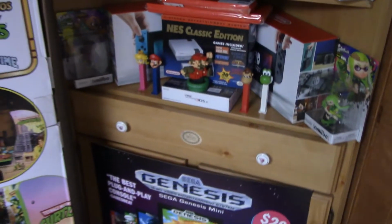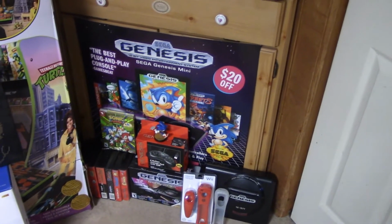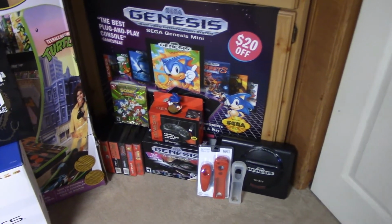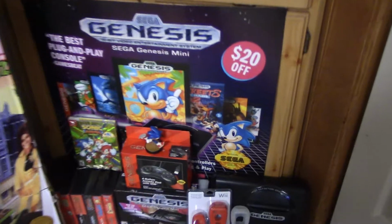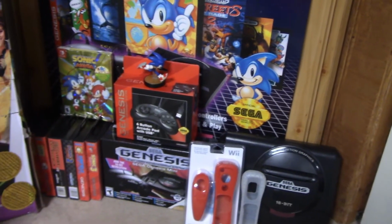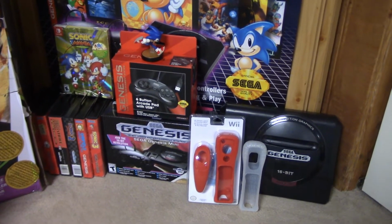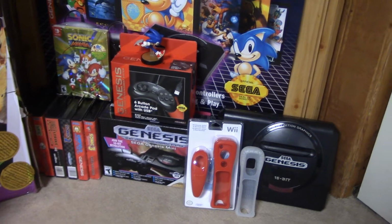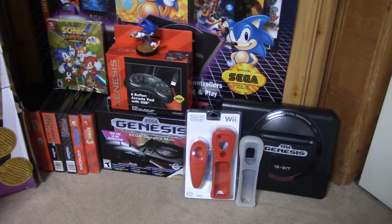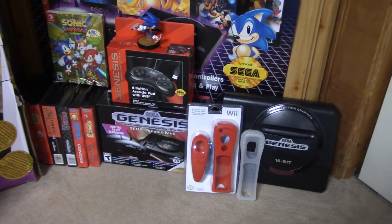And down here I got the Sega Genesis mini poster that I got from my good friends at GameStop, with a Sega Genesis 6-button pad that I got for my mini, since it just came with the 3-button controller. That's actually an empty box for the classic. I do have another one of those, where I had the stuff in my video with the